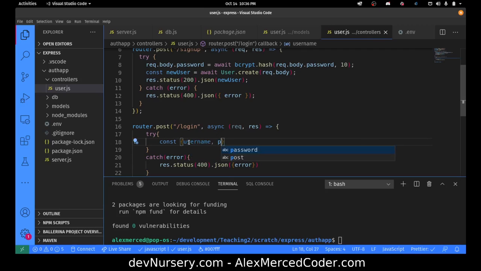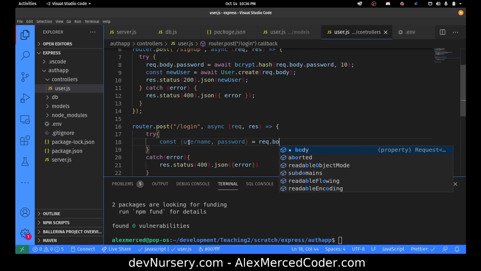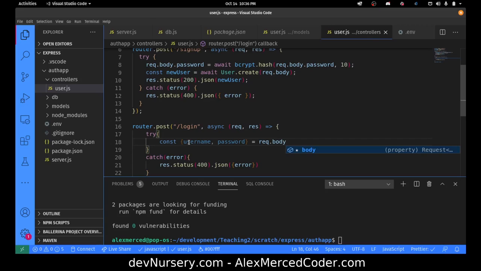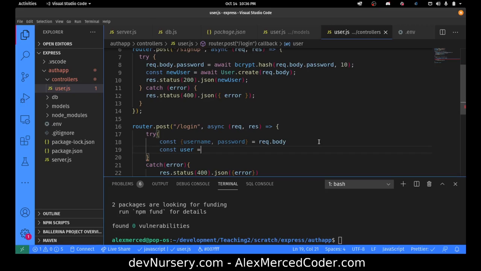Username, password from the request body. Because req.body should have a username and password property in it if all went well. Okay. Then let's get const user equals... what's the word I'm looking for? Okay, await